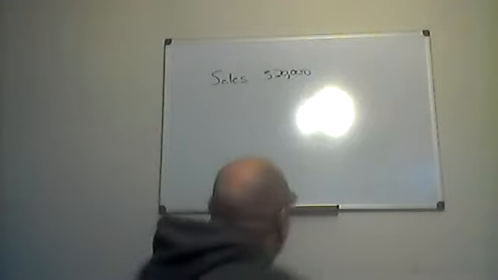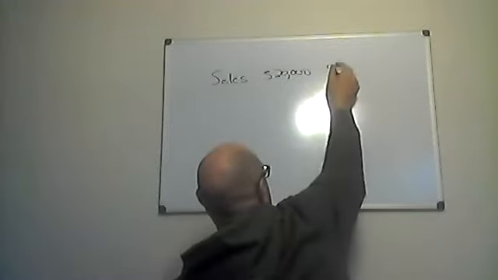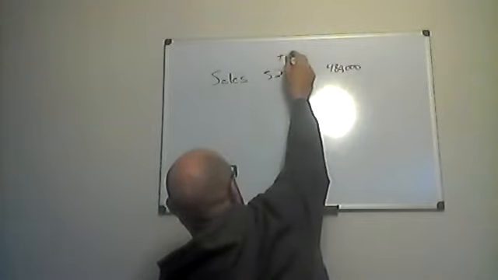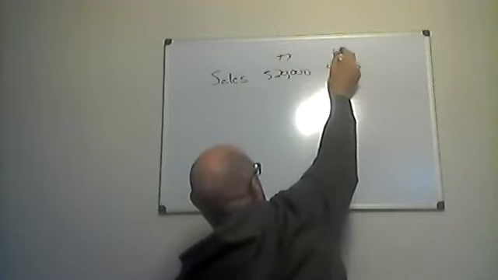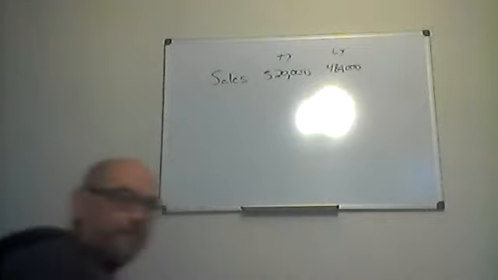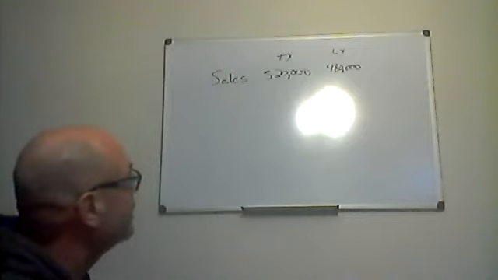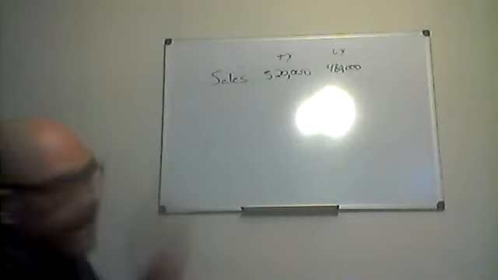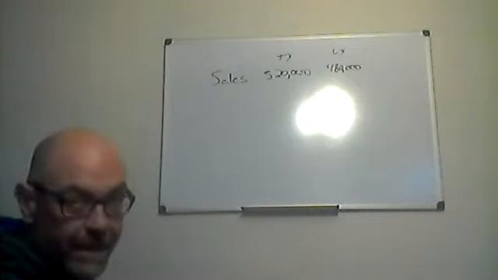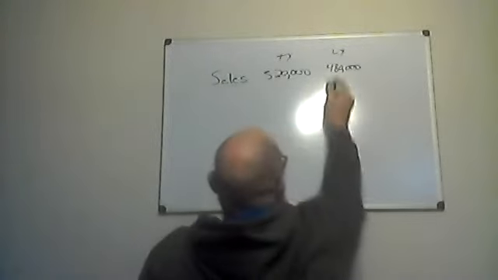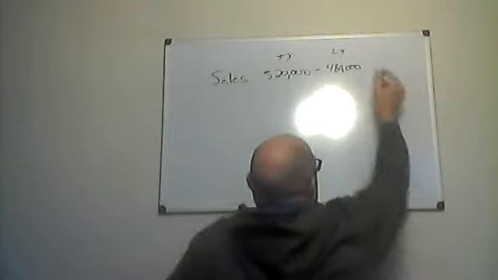Last year, they were at 480,000. So that was this year, last year. The next line over is the amount of change. So we just want to take how much was from this year, how much did it change from last year? For a change, this minus that,